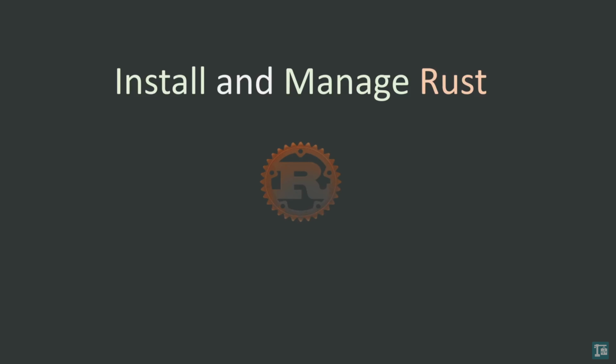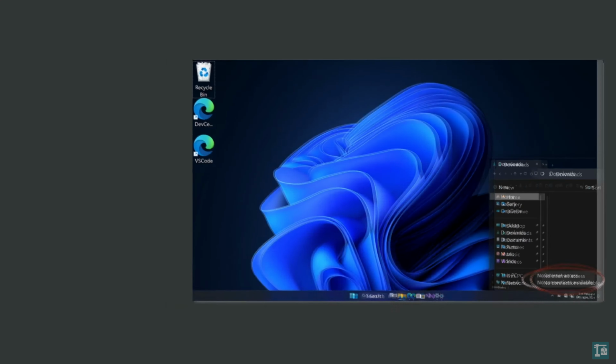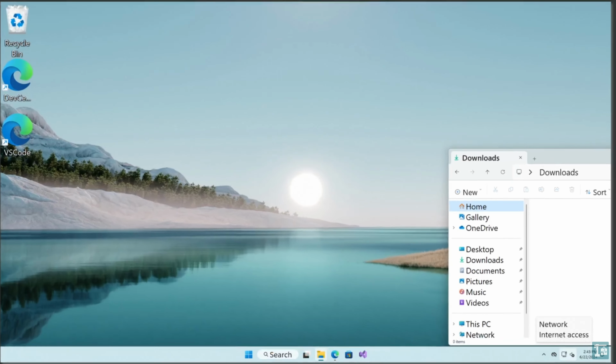In this tutorial, we will guide you through the process of installing Rust on a Microsoft Windows computer that is not connected to the internet. To achieve this, you will need access to another device, such as a computer, tablet, or phone with an internet